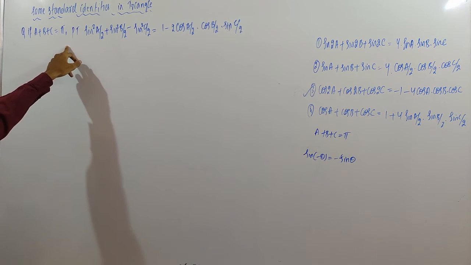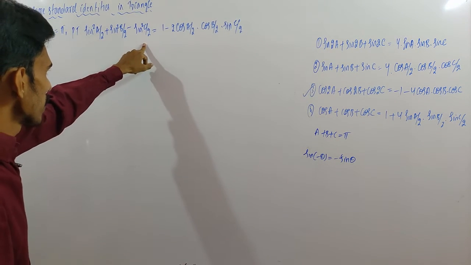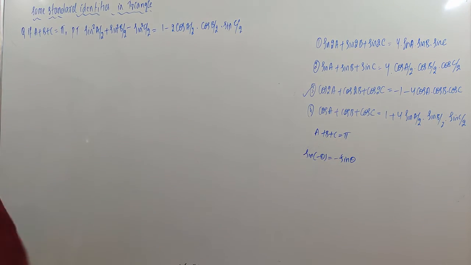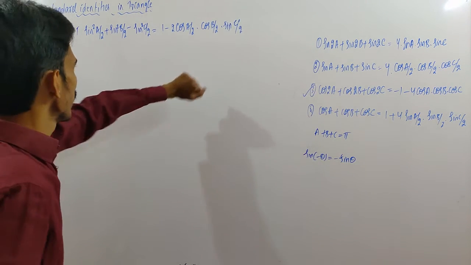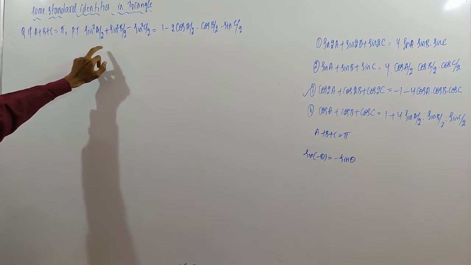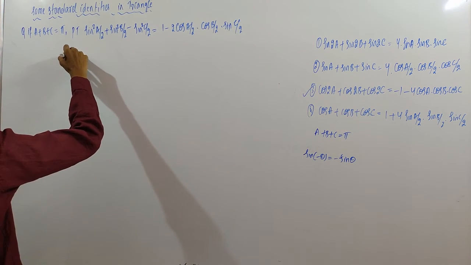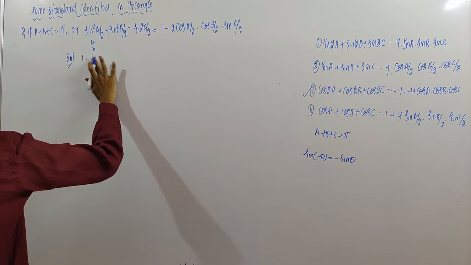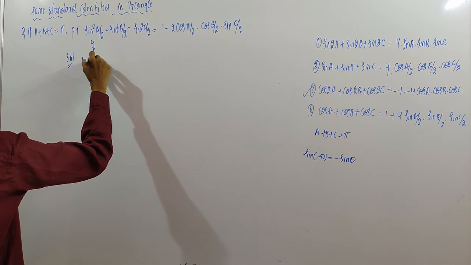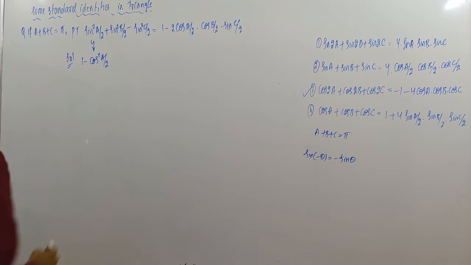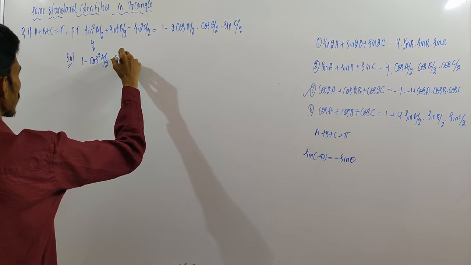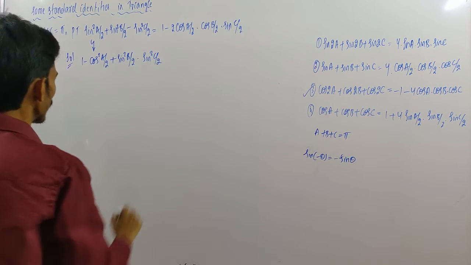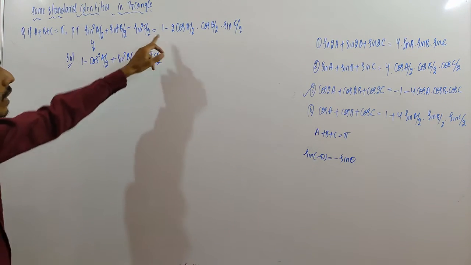If A plus B plus C is pi, prove that sine square A by 2 plus sine square B by 2 minus sine square C by 2 is 1 minus cos A by 2 cos B by 2 sine C by 2. Now we have cos and sine. Here we have all sine. Convert any one of them into cos. So the solution for this is to convert this into cos. We have 1 minus cos square A by 2 by using the identity, plus sine square B by 2 as it is, minus sine square C by 2 as it is. We have 1 and 1 here. We got 1.